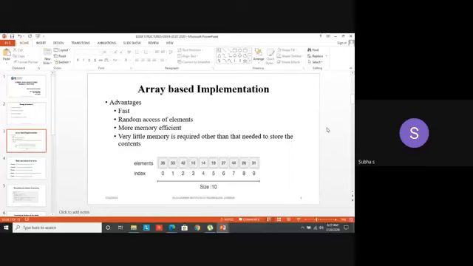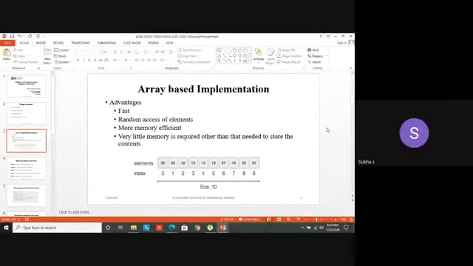So now let's start with the array-based implementation. In this whole class, we are going to see how to do all the operations with respect to the routine or the program. Better if students have a note and pen with you. You can write in your notebook in parallel and check, because I'm going to explain the coding also: how an element is inserted, how an element is deleted, like that.